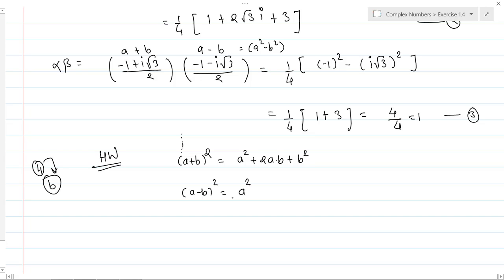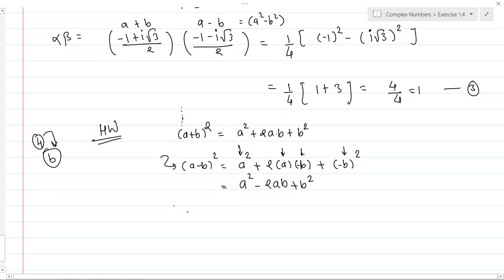a square, that is the first term's square, plus 2 into first term into second term, which is nothing but minus b, plus the second term's square. Then if we open this, we get the formula minus 2ab plus b square. Okay, whatever terms you have inside the bracket, the formula will go like this: first term's square plus 2 into first term into second term plus second term's square as it is. Okay, so on the same note I can write the formula for this like this.